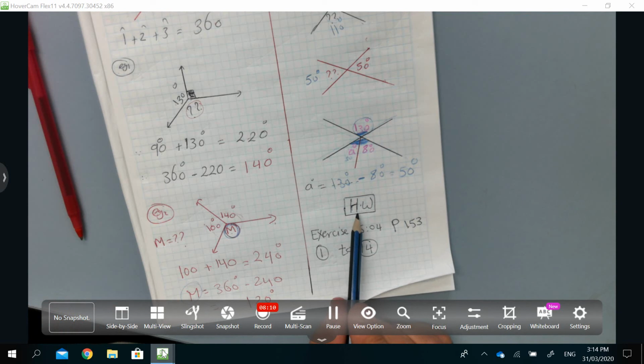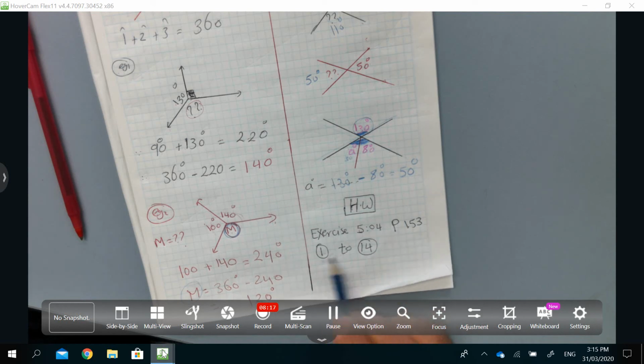The last thing is the homework: exercise 504, page 153, from 1 to 14. It's very important to cover this